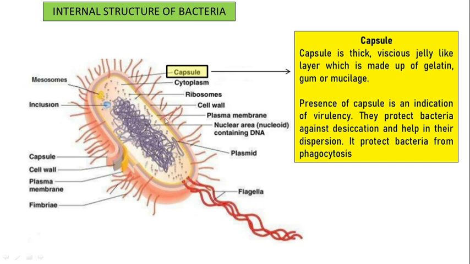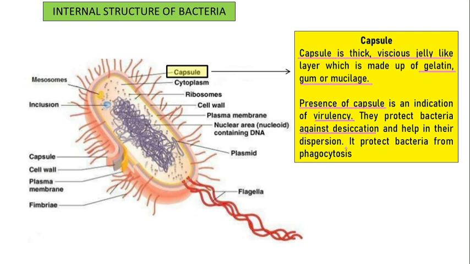The outermost layer of bacteria is the capsule. The capsule is a thick, viscous, jelly-like layer, and it is made up of gum or mucilage. It is the outermost layer, and this is really important for protection. If there is a capsule, that itself indicates the bacteria is very tolerant, resistant, it has a lot of virulence. So the capsule helps in protection of bacteria against any kind of desiccation,